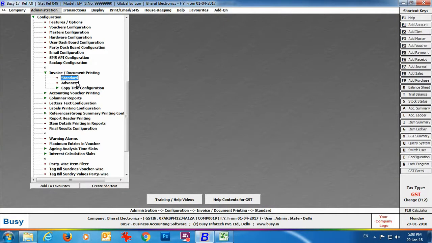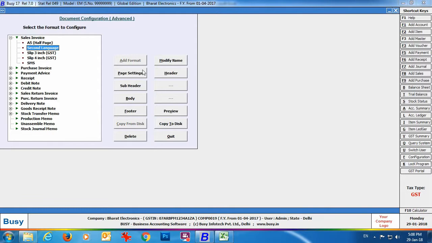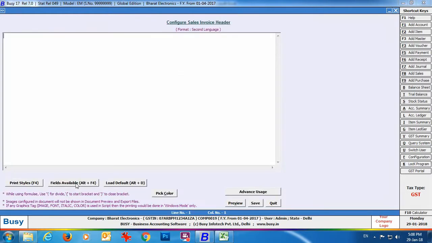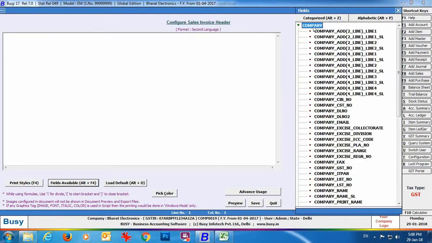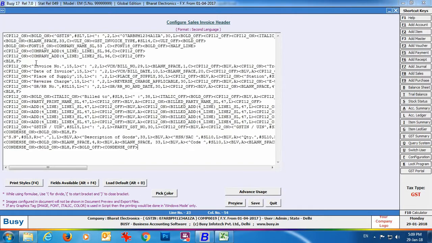For this we'll go to invoice document printing advanced option. We have already created a second language format. We'll go to its header section. Here in the available fields, you can see various fields appearing with the _SL word appended to them. Basically, whenever you use this field, it will be printed in second language. You can load the default format also and specify #SL with the fields that you want to print in